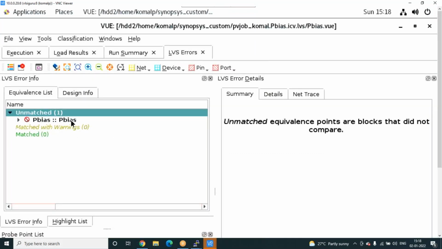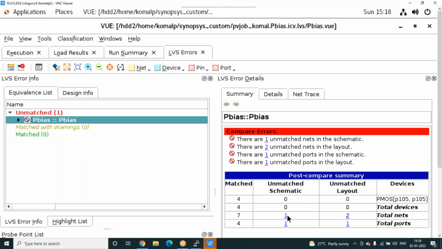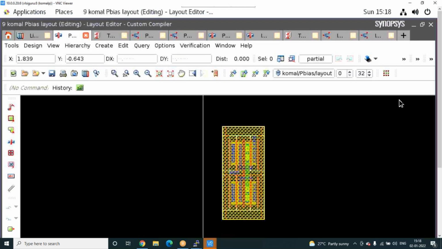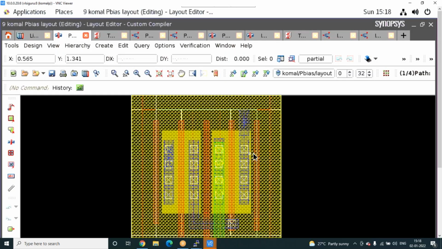If it is clean, it will not ask. Because these are the layout errors, if you click, it will show which errors are there. So this is one error.